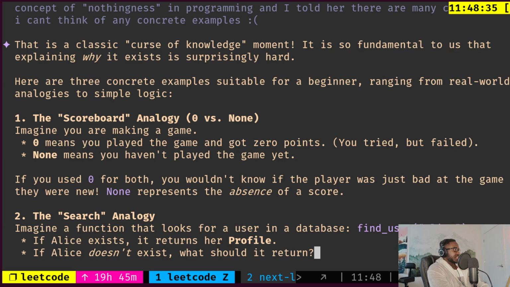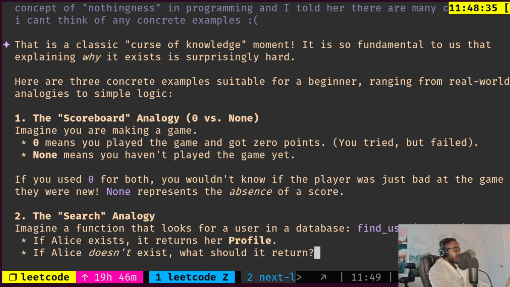All right, this is the classic curse of knowledge moment. Amaria, the curse of knowledge is when you're talking to someone who's been doing this for like 10,000 hours. Oh, it's simple. And you're like, I've never seen this in my entire life. And they're like, why don't you get it, man? It's just so simple. This happens with me and my guitar teacher. The dude's like 60, plays guitar 8 hours a day, like 30,000 hours. He's just saying words, and I'm just nodding my head. I have no idea what you're talking about. I am so lost. It's not even funny. Anyways,